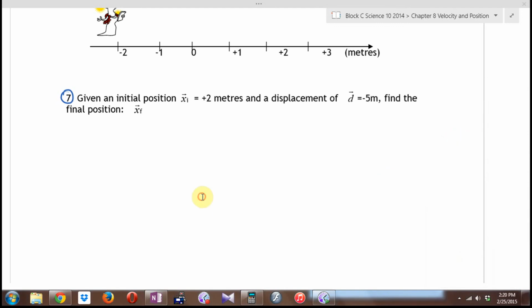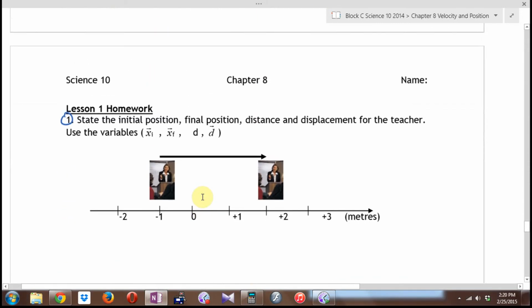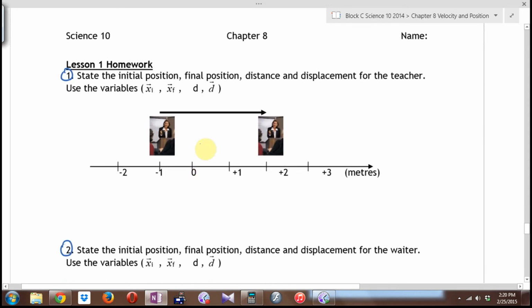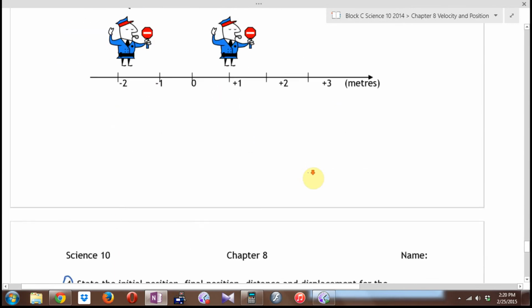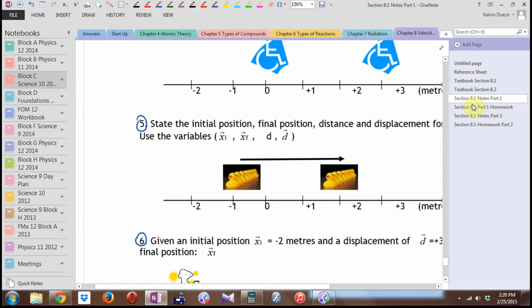So I used someone else's handout, and it was typed in Word for Mac. And when I pasted this in, that's 0 right there. That's 1. That's 2. You can see the 2 and the 3 are kind of getting moved over. It was a Mac PC thing, but you can count. The 0 is the correct one. So for all of these diagrams attached to the lesson 1 homework,